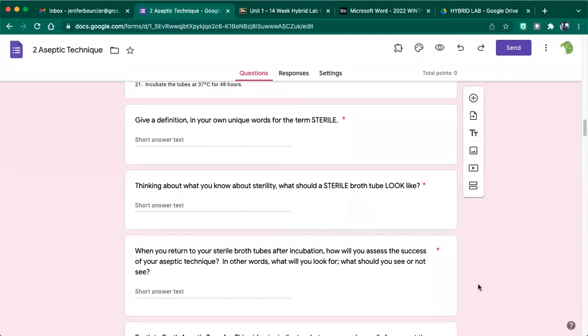So if I was in lab with you and I introduced the idea of aseptic technique, which is this form, I would stand in front of the room with my PowerPoint slides and I would say, okay, so somebody here, can you tell me what sterile means? Just in your own words, what could sterile mean? And then I would say, what does sterile look like? Like if you pulled